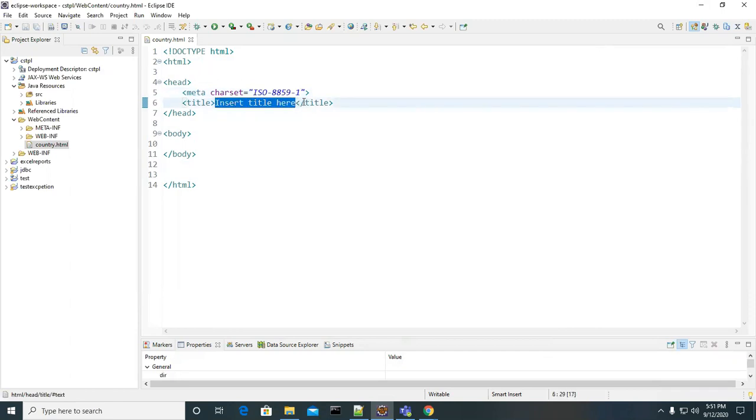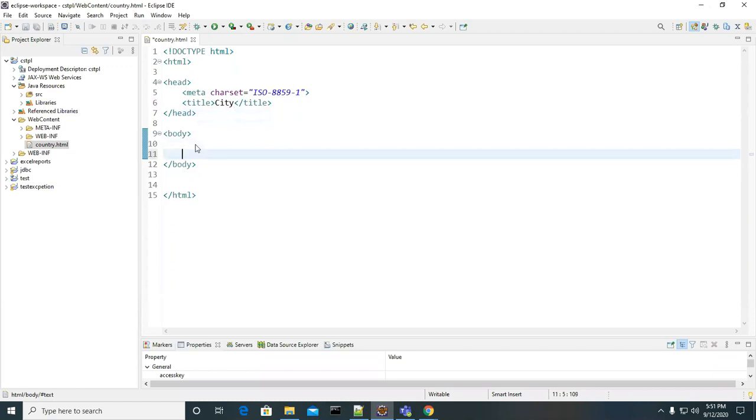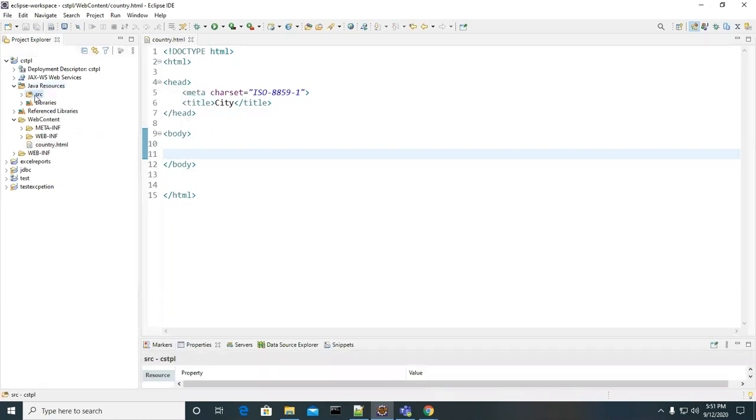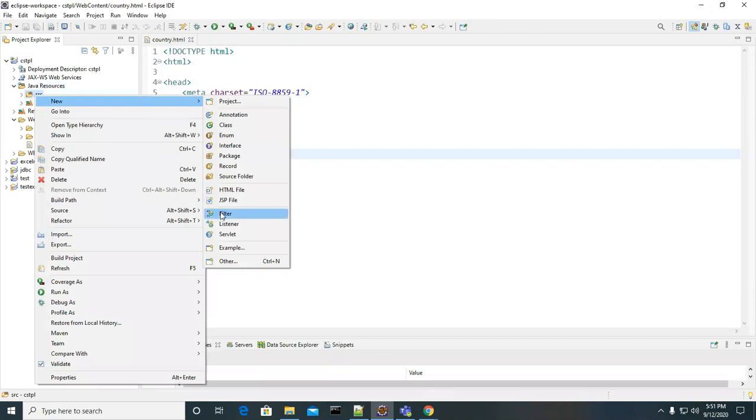You can give whatever title you want, for example city. The title will display in the browser's title bar. So I'm going to create a new servlet.